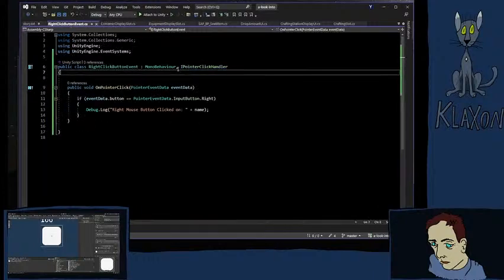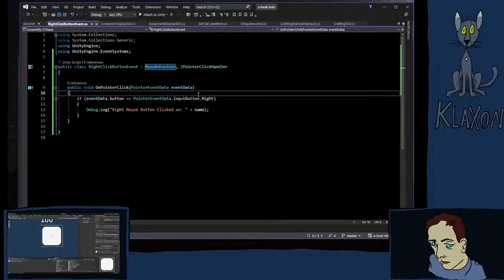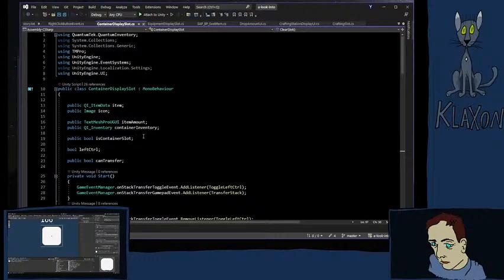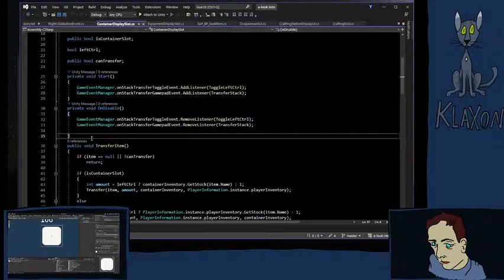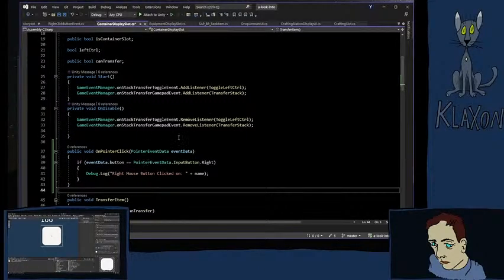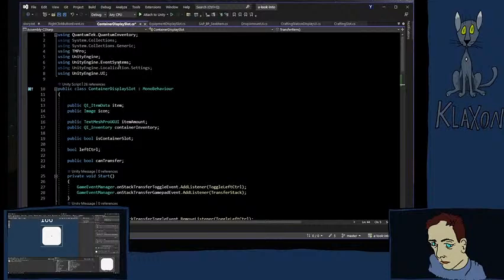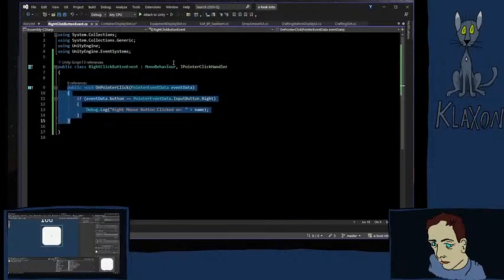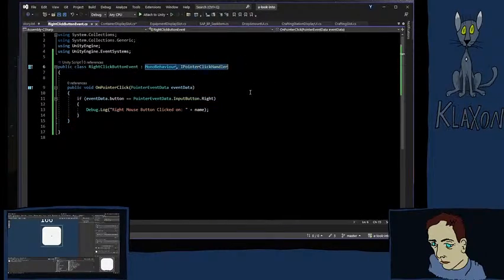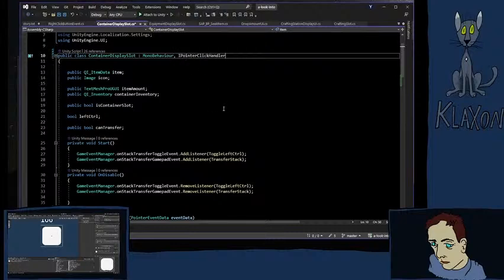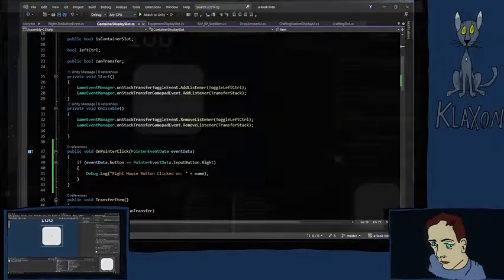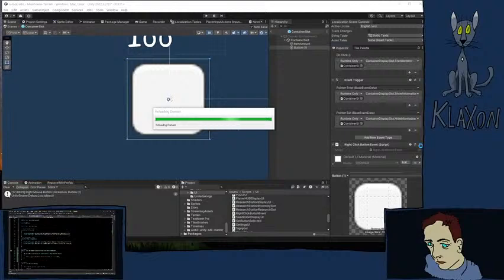Maybe I can shove this directly on the slot here. But then I still need to do this. And that way, now, if I save it, and we go over here, and I take this off,